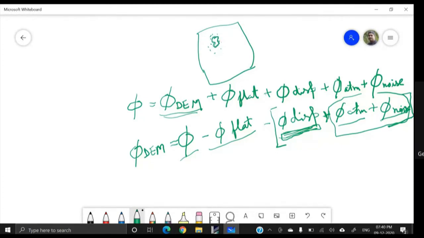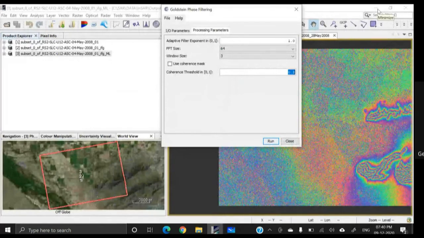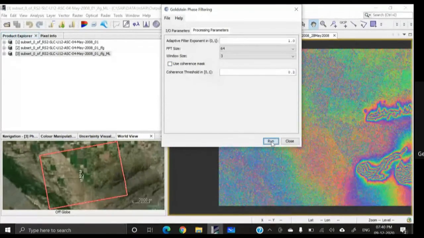But this is not right for each and every case. As you know, interpolation is basically a statistical estimation, and we cannot apply statistical estimation in every case because the Earth surface may not respect the statistical estimation. So we are not checking this one, and we are clicking on run. That's all for the phase filtering.